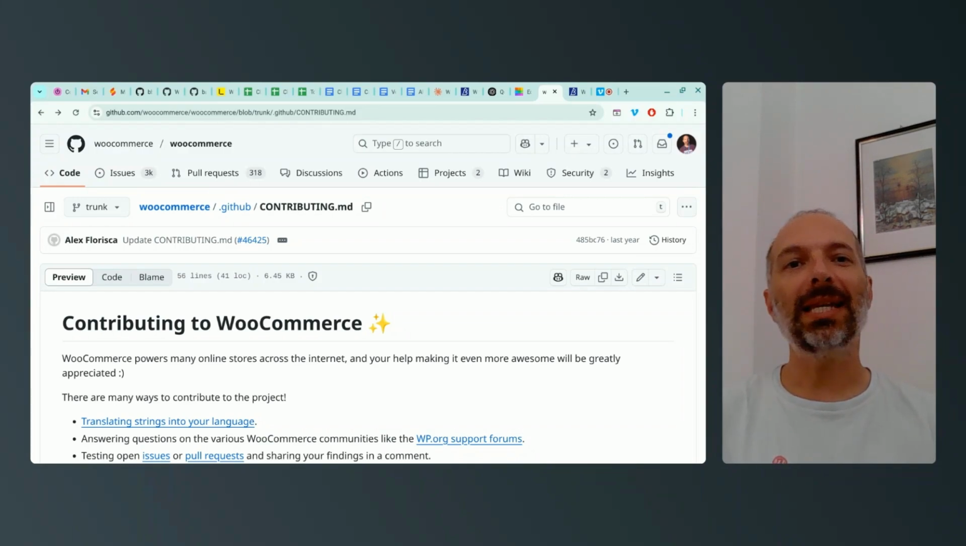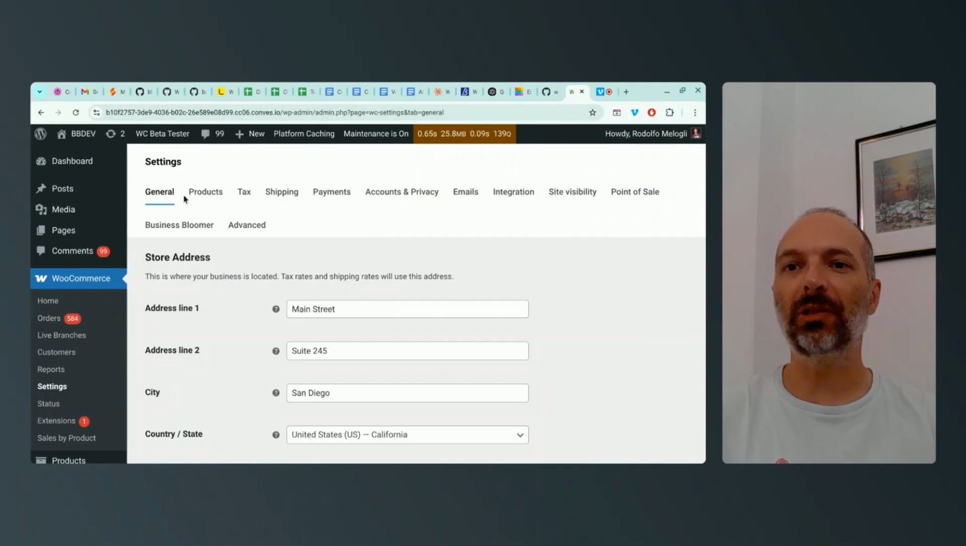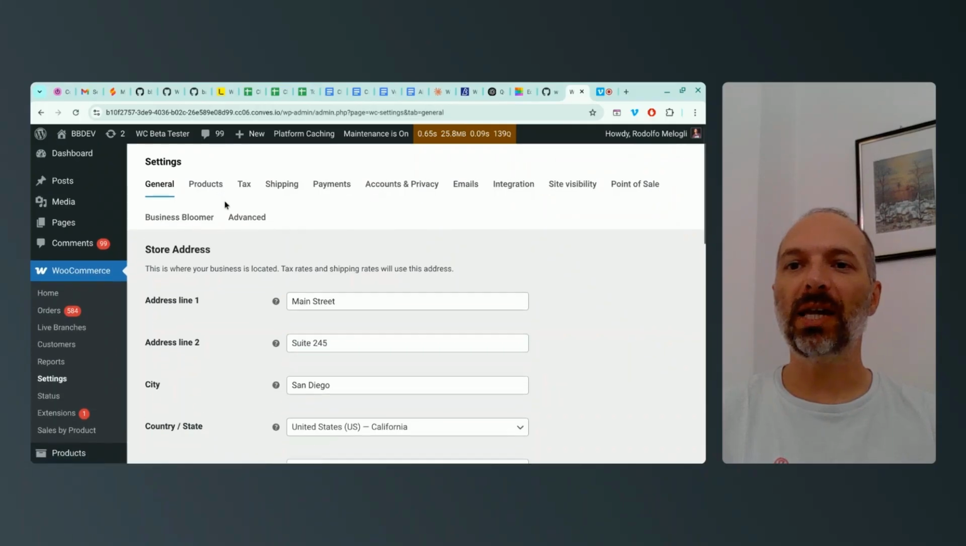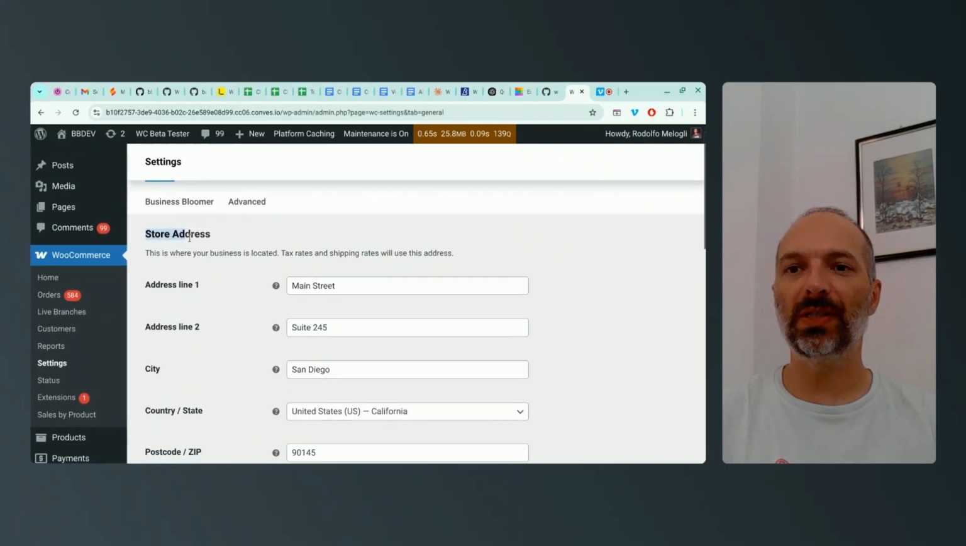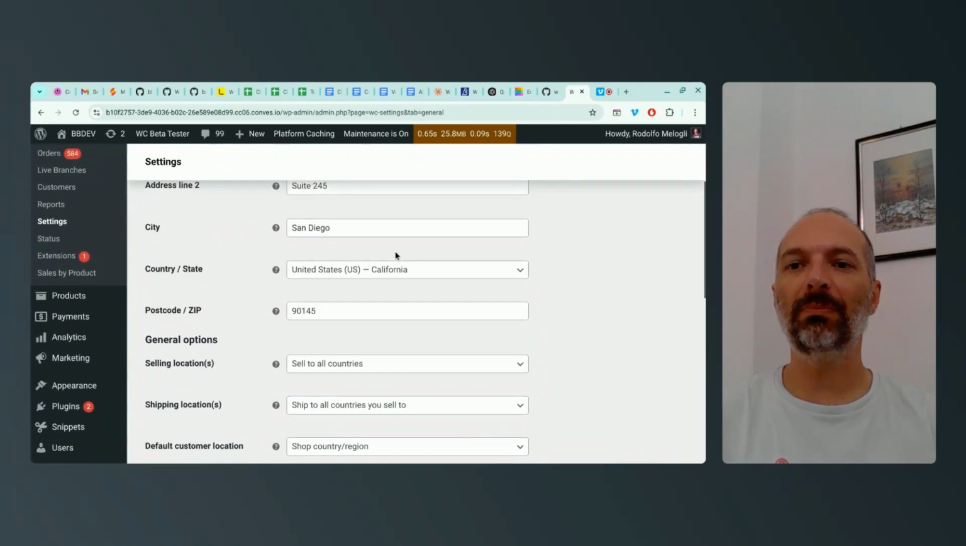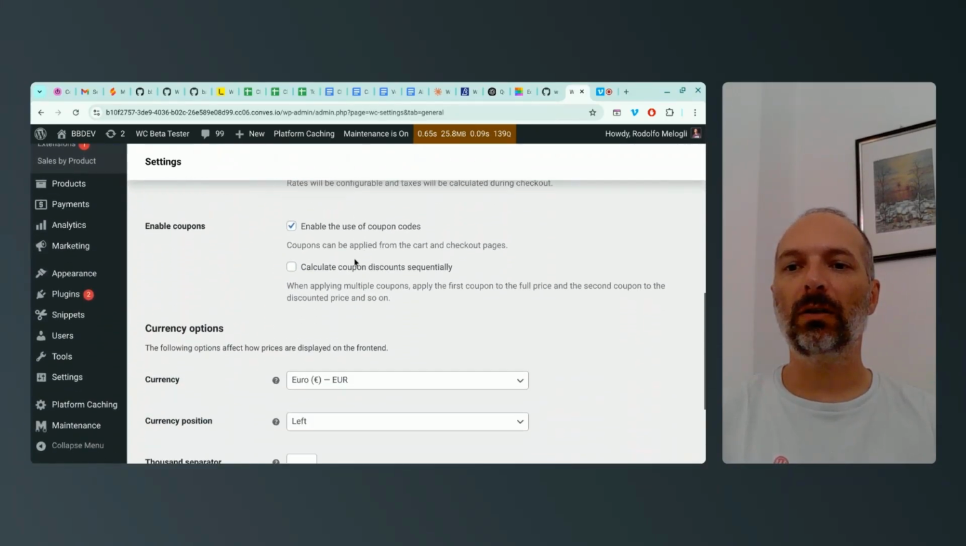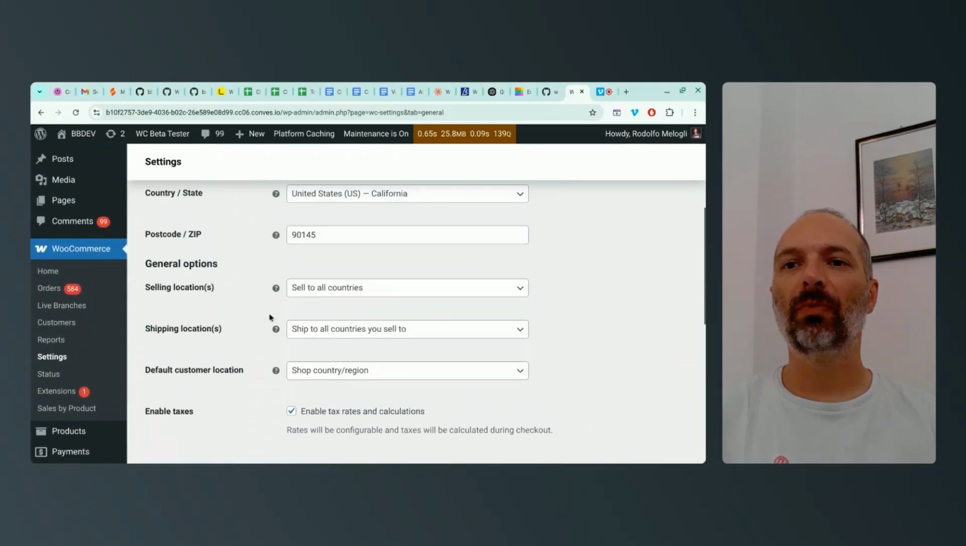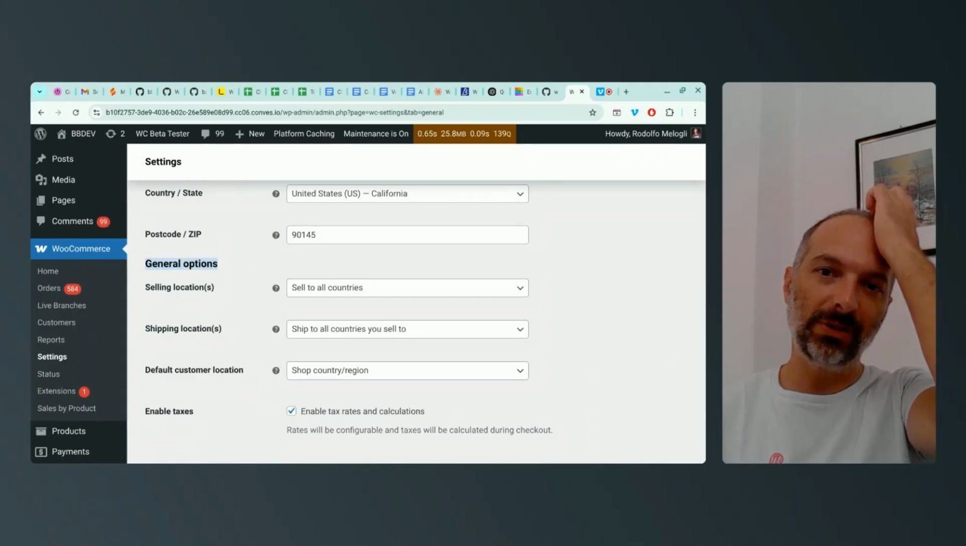Maybe you take a look at the settings, for example, the General tab of the WooCommerce settings. You see the store address has a sub headline, a sort of description: "This is where your business is located. Tax rates and shipping rates will use this address." On the same page, the currency option has a sub headline as well. And on the same page, the general options, which to me are the most important options of that page,